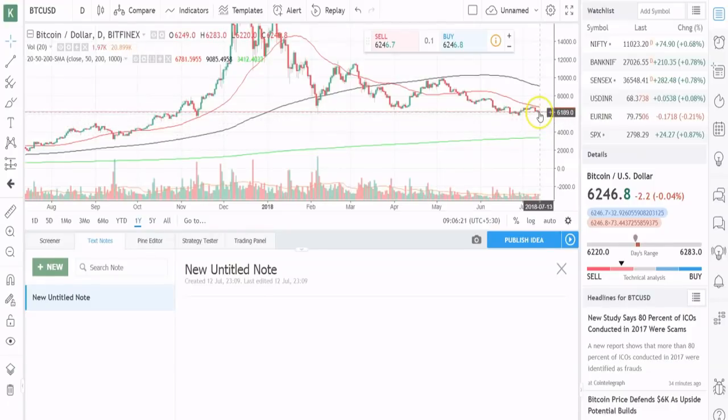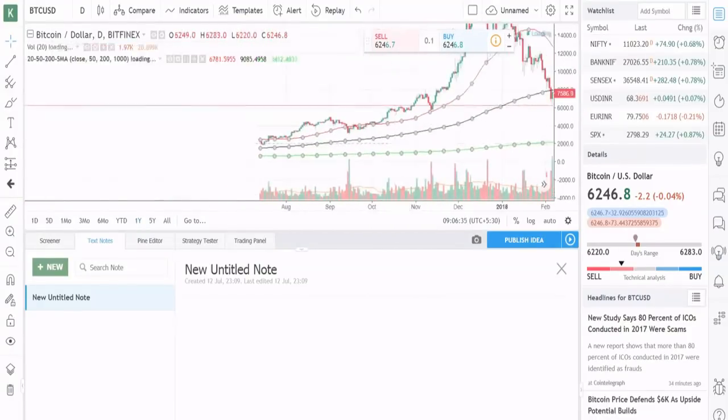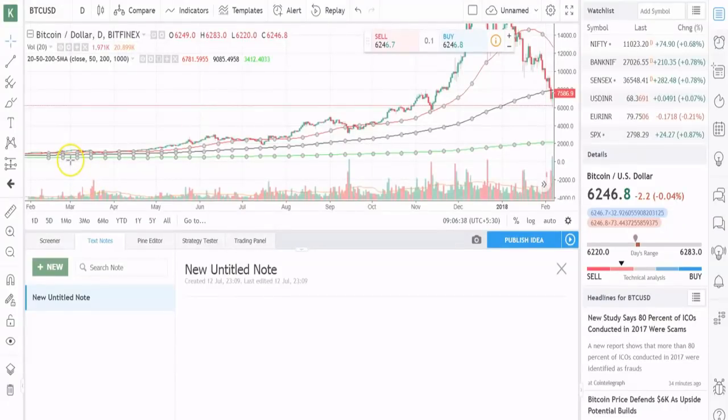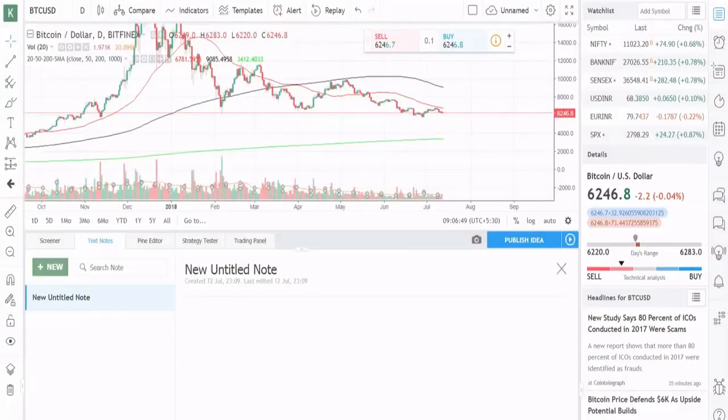And I think once Bitcoin reaches somewhere close to this 1,000-day moving average line, we're going to have a golden cross where the 50-day moving average is once again going to go past this 200-day moving average. And if you go back and take a look, all three of these lines were in close proximity to each other when the red line first crossed over. The 50-day line went over the 200-day moving line in late November 2015. So all three of these lines right now are pretty far apart. So I would be looking to see, as we consolidate, all three of these lines starting to close in on each other. And that's when we can get the next bullish signal.